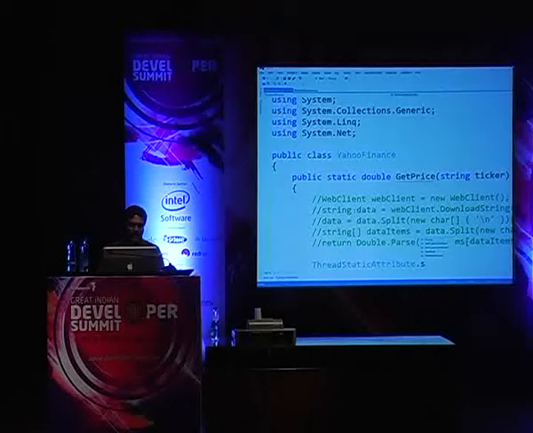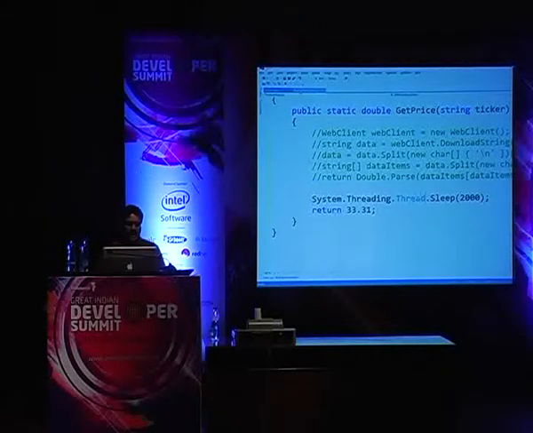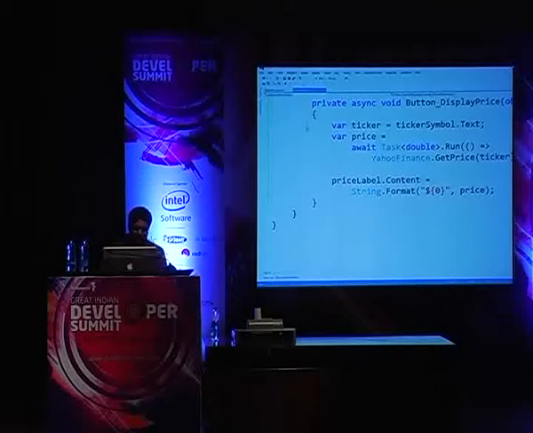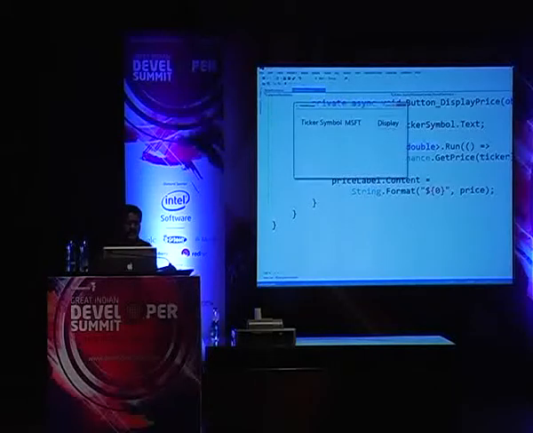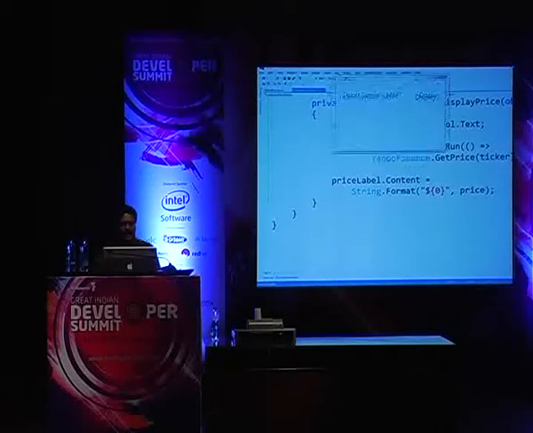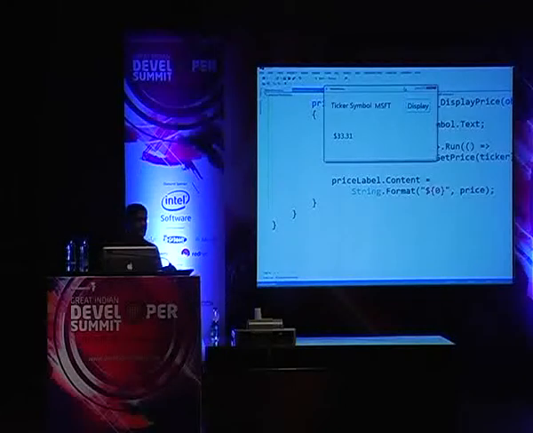So Thread.Sleep, just to delay this so we can actually see that it is taking some time. I'll give him a small delay over here so we can see that it's responsive while we are still waiting on this. Great. So we gave a little delay. Let's go back and make sure this is working before we come back to look at the thread information. I gave a 2-second delay. The application's responsive. Notice after 2 seconds it displayed the result, so that tells us it's working.